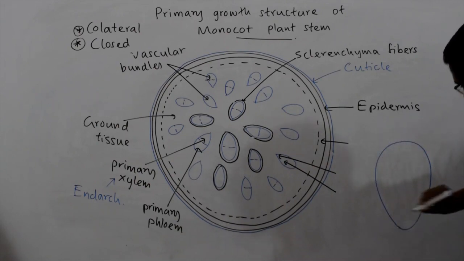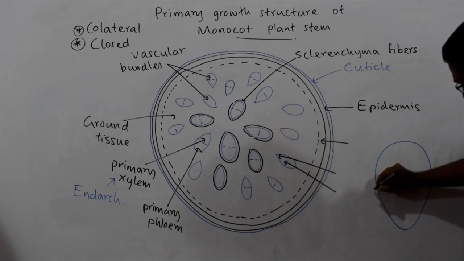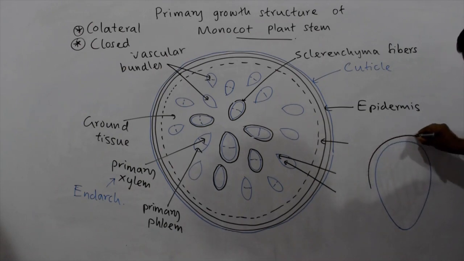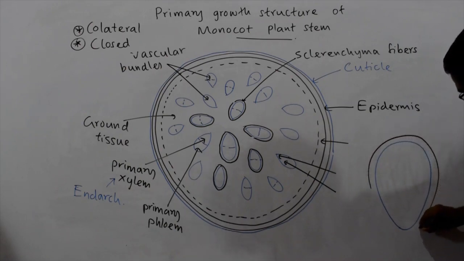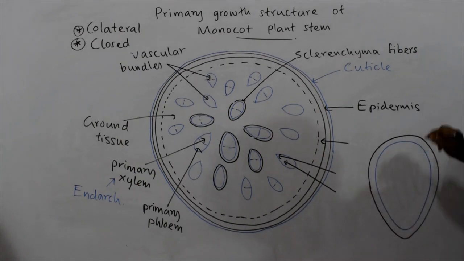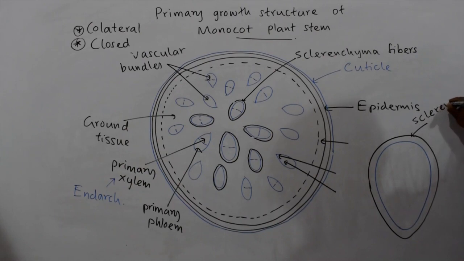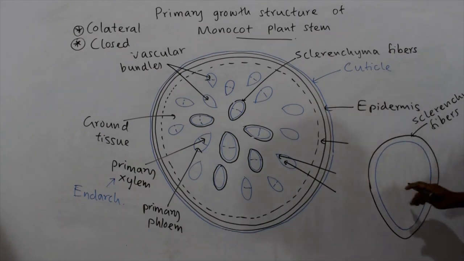Imagine this is an enlarged vascular bundle. We said each vascular bundle is surrounded by a sclerenchyma fiber tissue layer or sclerenchyma bundle sheath. Imagine this is the sclerenchyma. Imagine this is sclerenchyma fiber tissues, sclerenchyma fibers or sclerenchyma bundle sheath. Then in the vascular bundle we said,